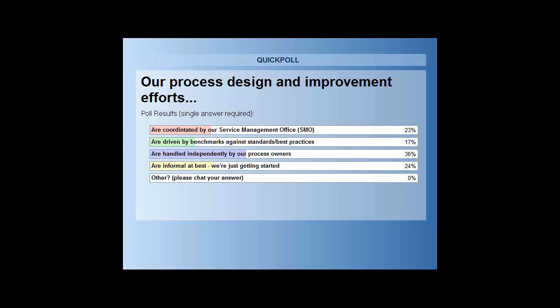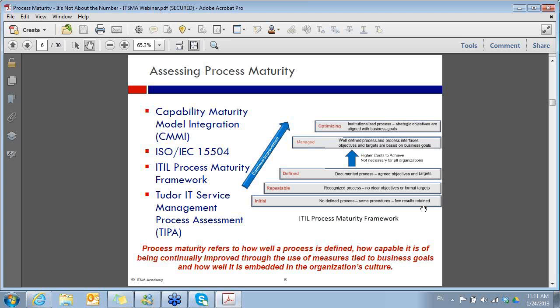That's okay. Process design and improvement efforts. Number one, at 36%, are handled independently by our process owners. Number two are informal at best. We're just getting started, and that's 24%. Coordinated by our SMO is 23%, driven by benchmarks against standards and best practices is 17%, and interestingly, no one said other, which is a rare event in itself. So I'm going to hide this poll and just throw this